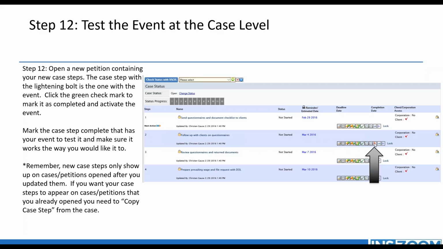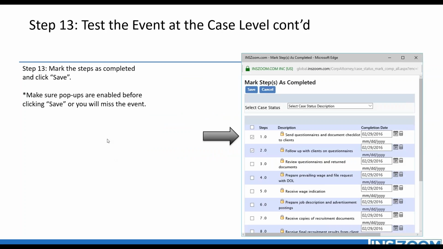Once you get there, you're going to see your case steps, and the one that you created the event for is going to have a lightning bolt. So you can see I've created my case step. Here's my lightning bolt. That's how I know where my event is, and then you mark the green checkbox to activate the event. So once you mark the checkbox, here's the screen that you get for marking them as completed. All right, so you check the ones you want, you click on Save,